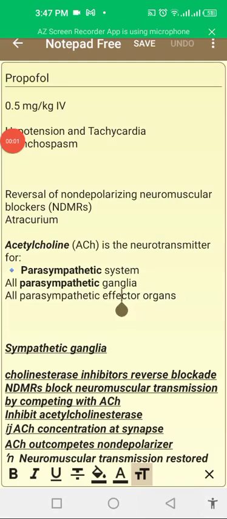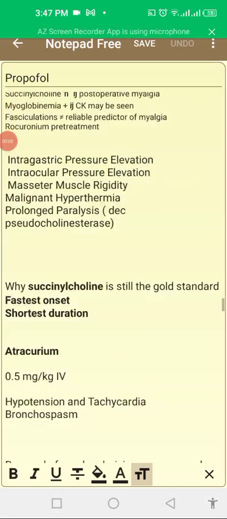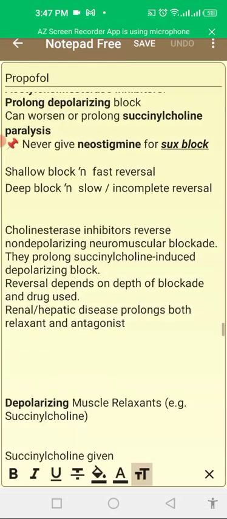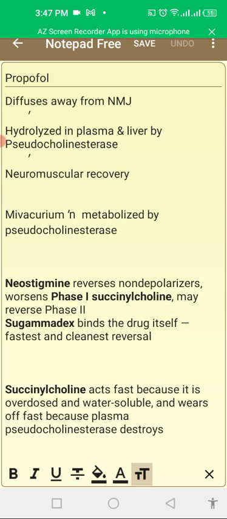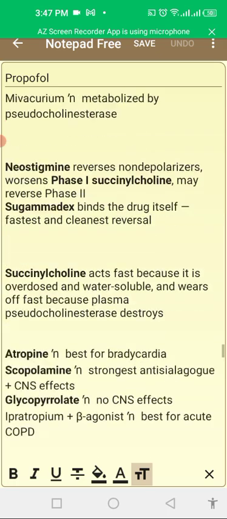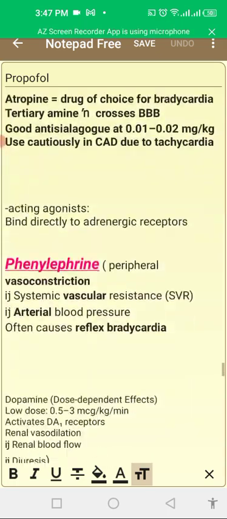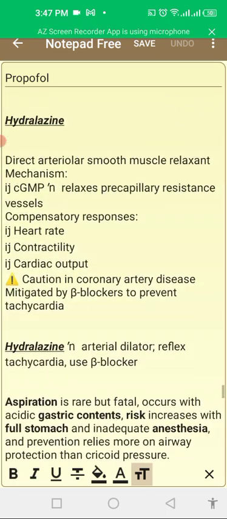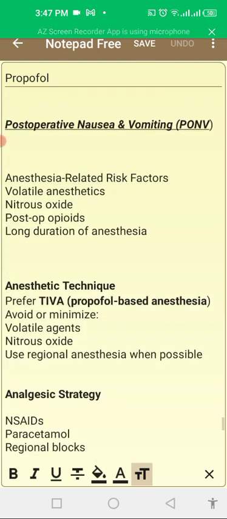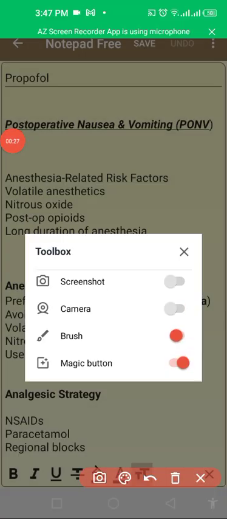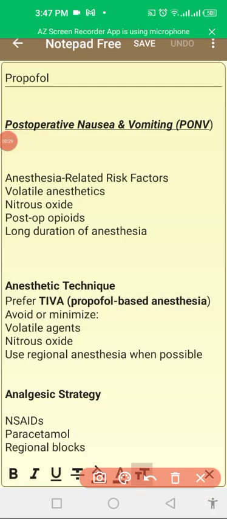Okay, so now we are going to look at a topic that is PONV, postoperative nausea and vomiting. So why does PONV happen? Postoperative nausea and vomiting happens because of pain, because of residual drugs of anesthesia, or because of any inhaled anesthetic that can cause PONV. So these are some of the very common causes of PONV, and I will be showing you some other related factors as well,